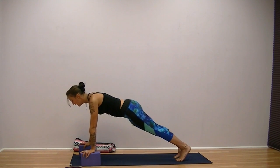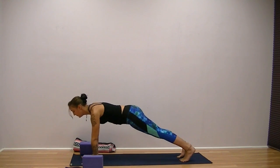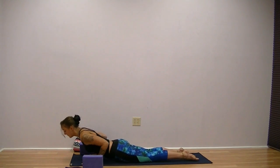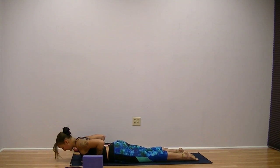Now either here, try to remove your hands from the blocks. You could remove them beforehand. As you exhale, lower the knees, uncurl the toes, lower the body down to the ground. Inhale, lift up to Bhujangasana. So you're pressing